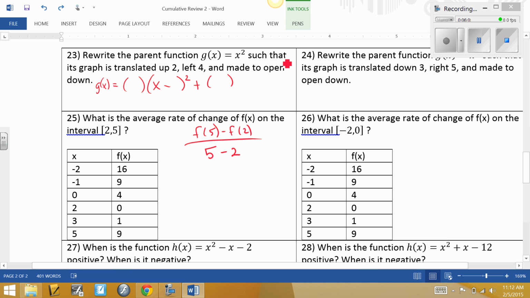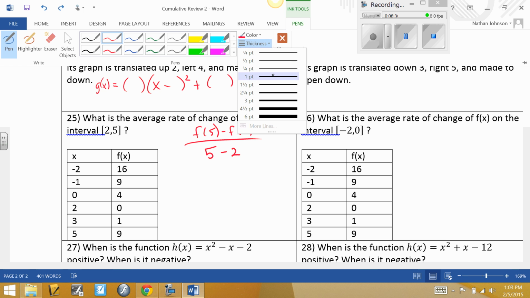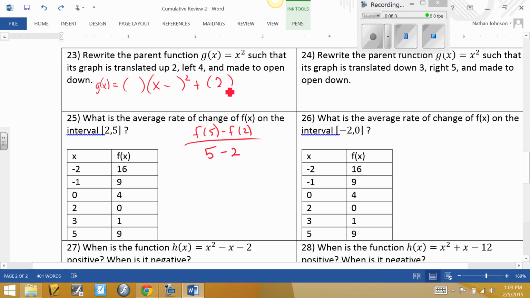Let's take a look at problem 23. I've already done a little bit of preliminary work here. We've got to turn the parent function x squared into a translated, transformed version as per the shifts that have been given. So, if we're translating up 2, we're going to put 2 right here. And if we're going left 4, this is actually going to become a plus 4 because it's opposite inside the